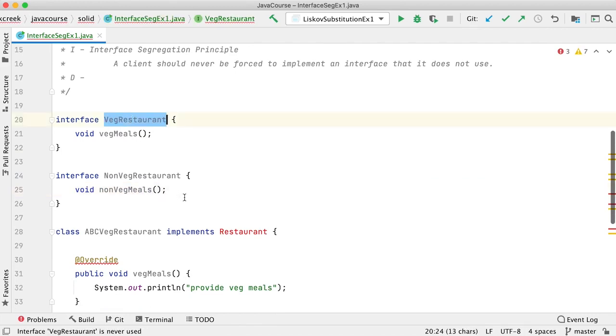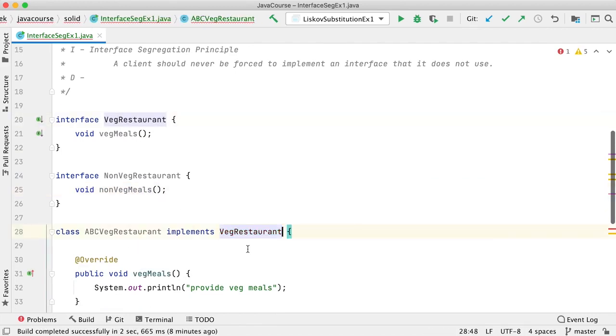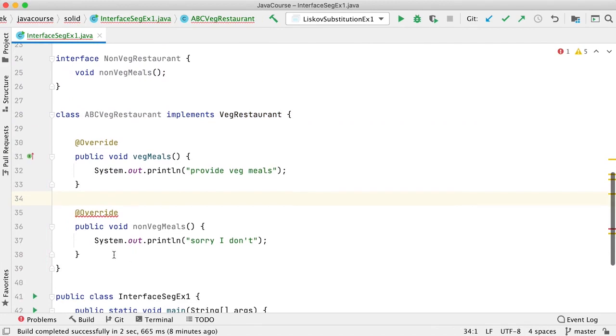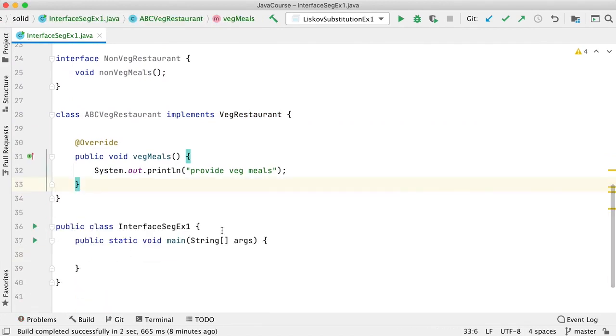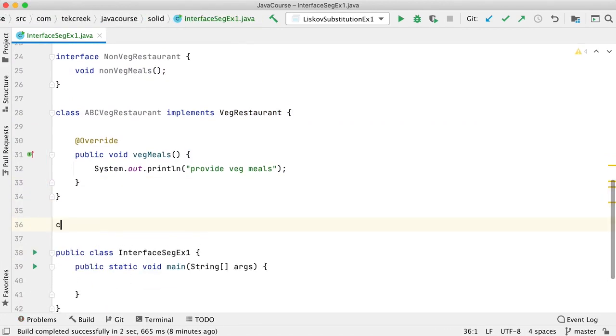So now ABC veg restaurant can implement only the veg restaurant interface, and they don't need this. And say for example some XYZ restaurant wants both veg and non-veg inside their hotel, so that's fine.